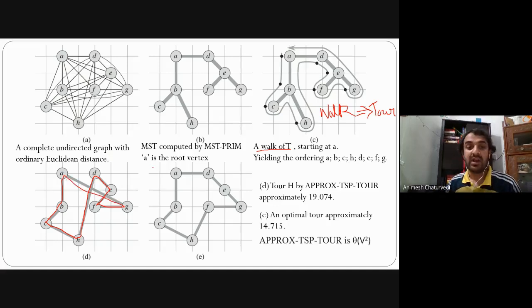So getting a Hamiltonian cycle from a walk is easy, meaning it is polynomial time solvable. The Hamiltonian cycle problem itself is something different: you have a large graph and you need to detect the Hamiltonian cycle. But here we are just deriving the Hamiltonian cycle from a walk of a tree. From a tree we can generate a Hamiltonian cycle. It's not that difficult, and it's solvable in polynomial time. So you can write it like this. This is an approximate solution with the algorithms that we have seen.